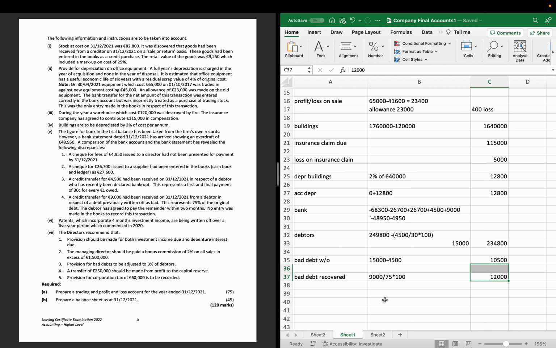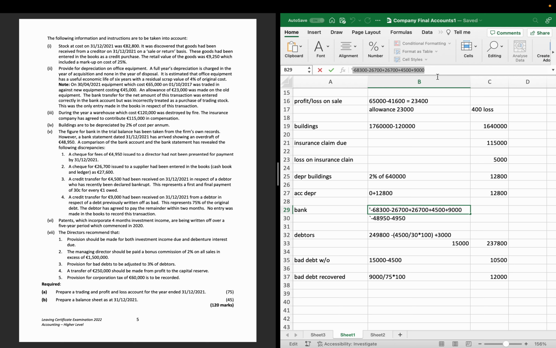So we'd written off a debt of 12,000 before, so now we're getting that money back. So it's a bad debt recovered. Now the difference is we've got 9,000. We're going to get a total of 12,000 back, so we're owed a further 3,000. So debtors have to go up by 3,000. So that's 237,800. So if we've done this correctly, if we check these figures,